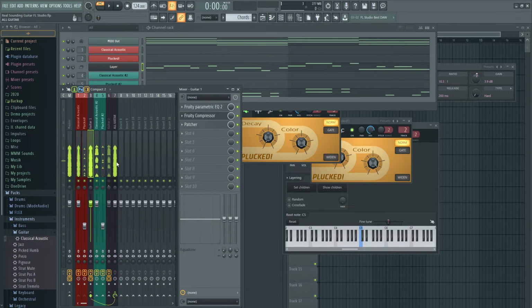So now the sound sounds wider. This is with and without. It sounds more present. And if we add the guitar number 2,